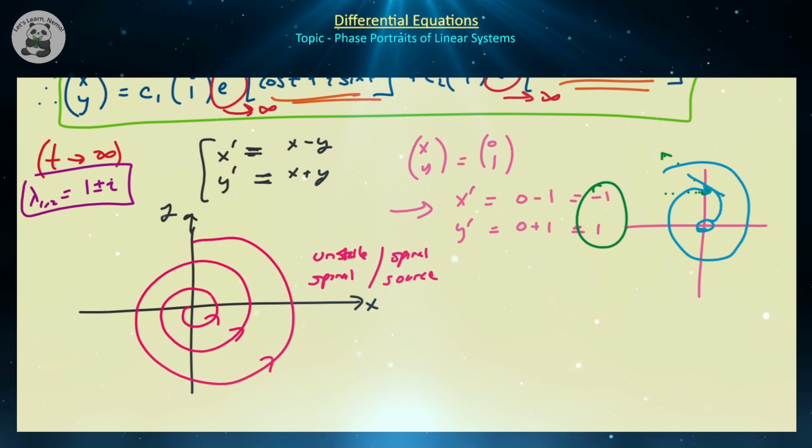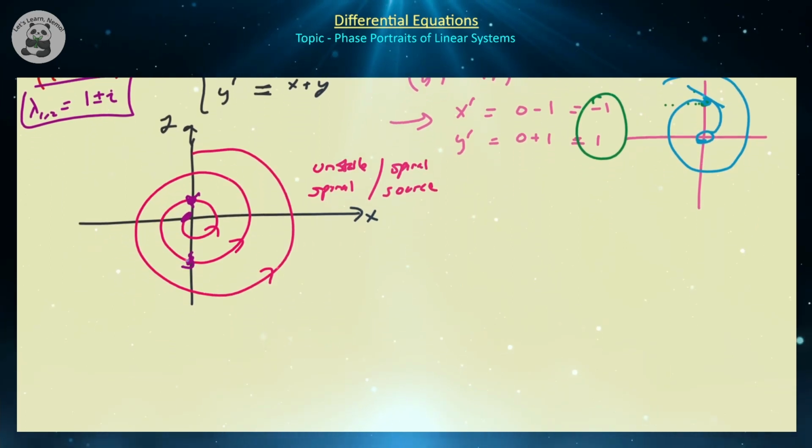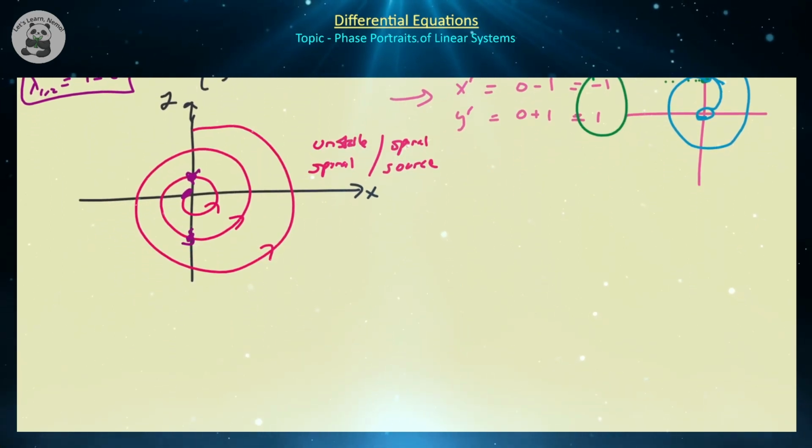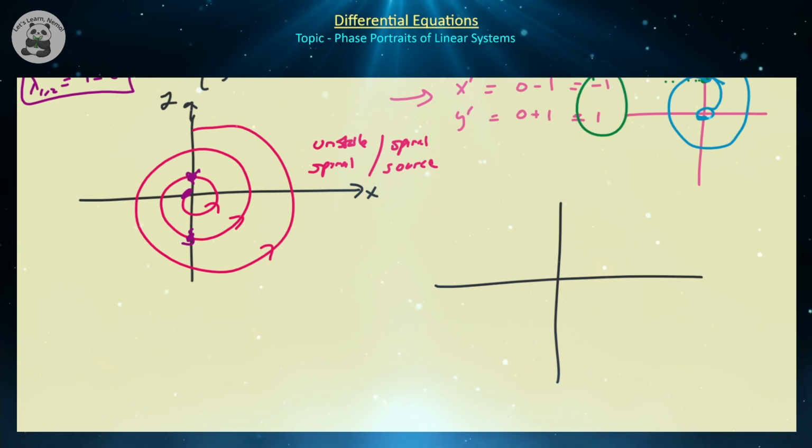And the way that I figured out which direction it was moving is I just took a particular point and determined which way it was going. Is it going that way, or is it going that way at that particular point? And keep in mind, (0, 0) is still a critical point for this particular system. And could you have the other direction? Of course, for example, you could have this particular